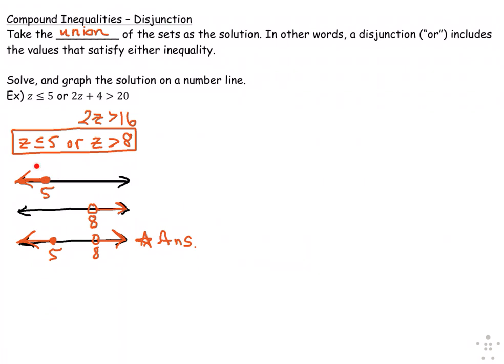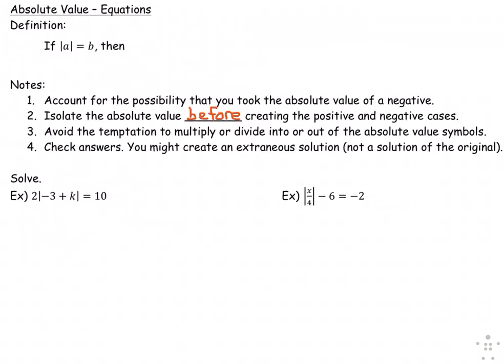So we have the union of these two provides this number line as the answer because it is a disjunction. So it could be 4, so it could satisfy this, or it could be 9 and satisfy this. It's one or the other, and so that means it's part of the answer. We have taken a look at conjunction, so and disjunction, or, and now we are going to apply it to